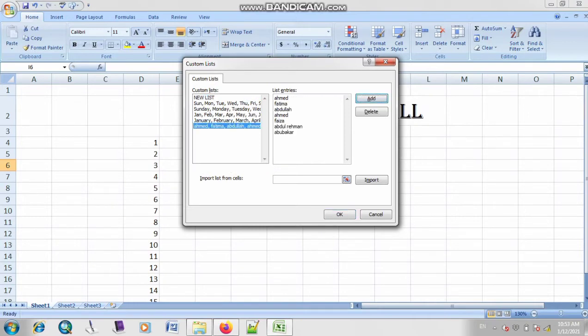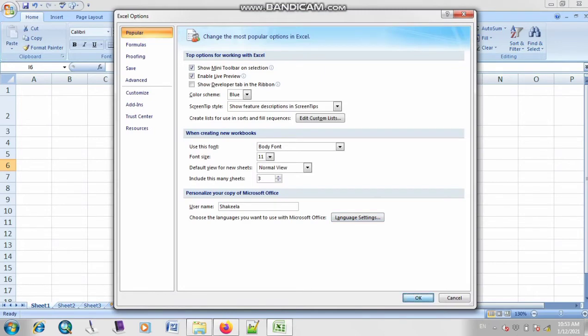So when I add, as you can see, my list is coming in now in a vertical line. The first list was horizontal, so now it is converted into a vertical line, and as you can see, my list is also appearing in the custom list options. So simply click on this option of OK, and you must remember the spelling should be correct while you are typing in the Microsoft Excel sheet. I am just going to click on this option of OK, and here OK again.